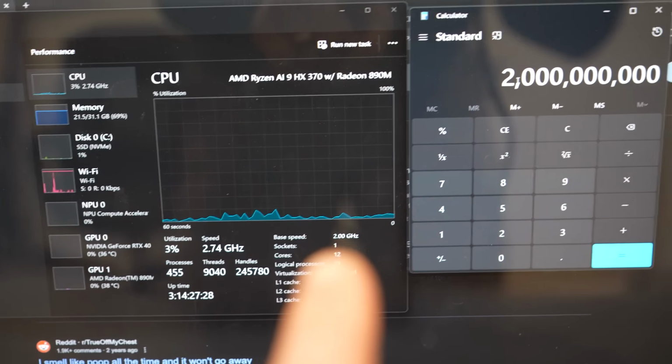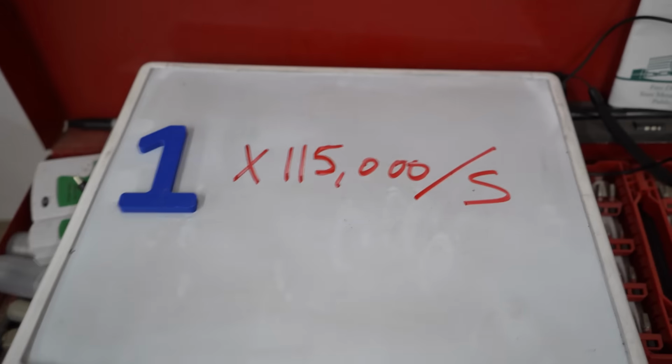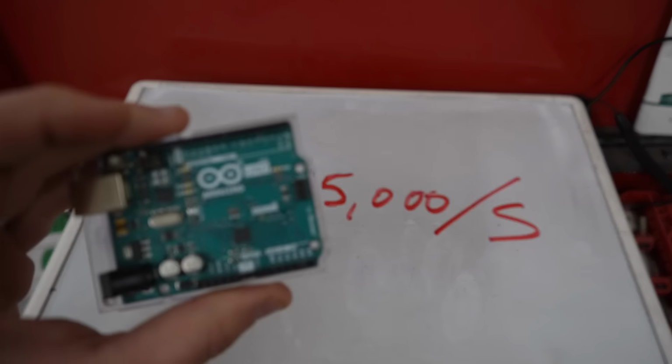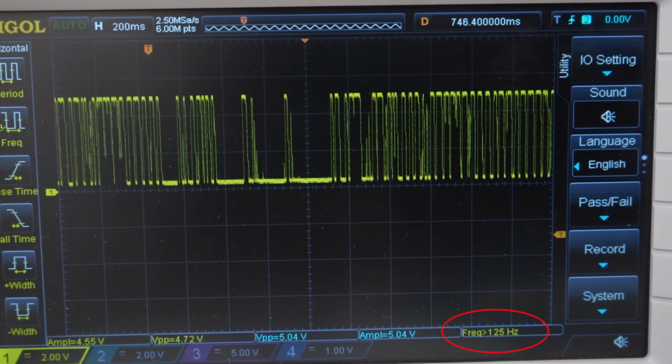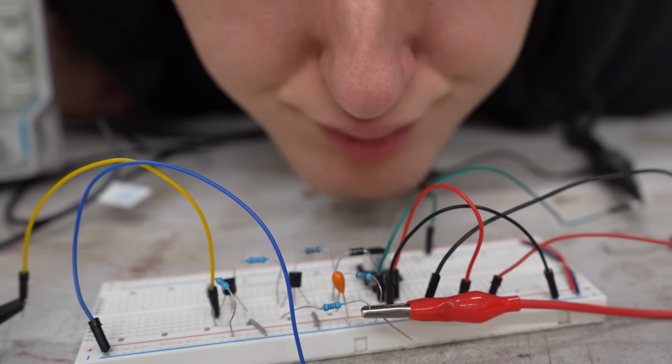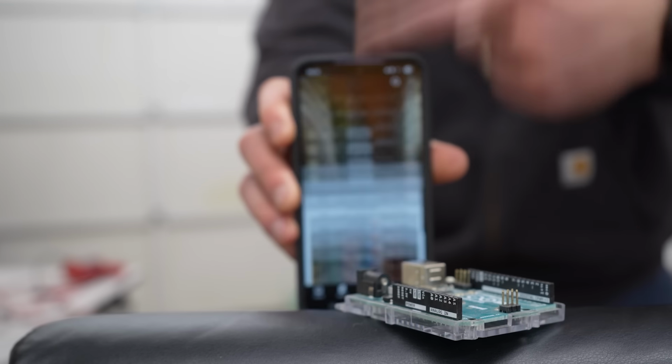Now believe it or not, computers are pretty slow, but they're also pretty fast and also just pretty. This one usually holds conversations around 115,000 bits per second, but the fastest I could manage was a measly 125 bits per second by spitting all over my electronics. So if I want to have a chance at talking to it, I'm going to have to effectively give this thing brain damage.